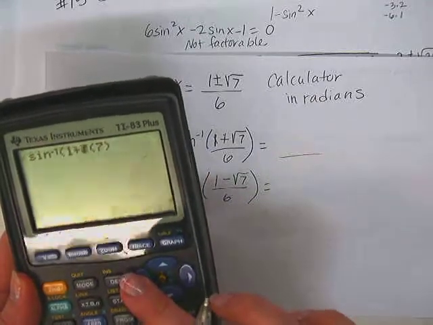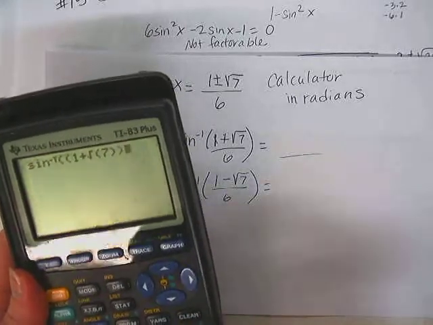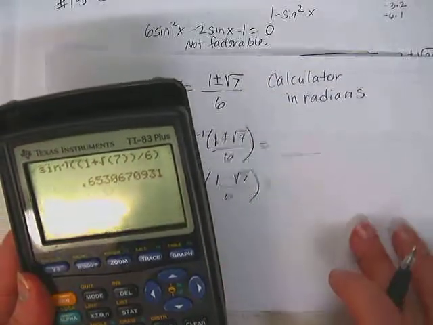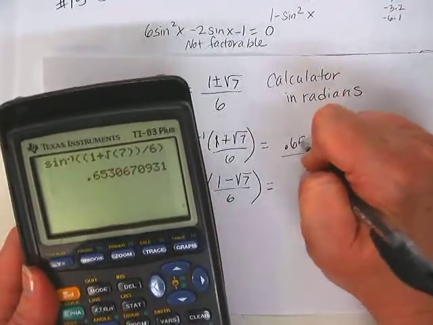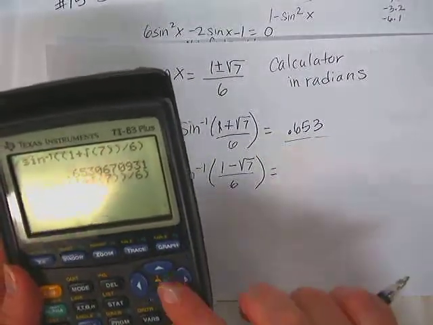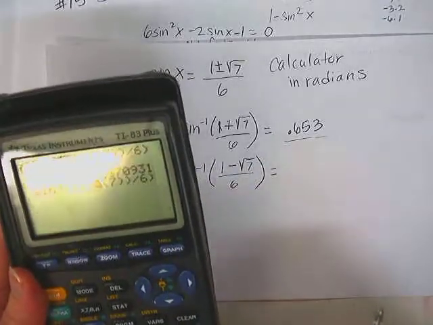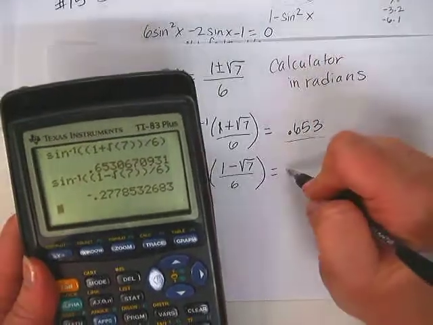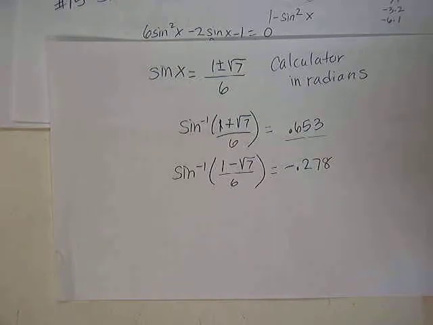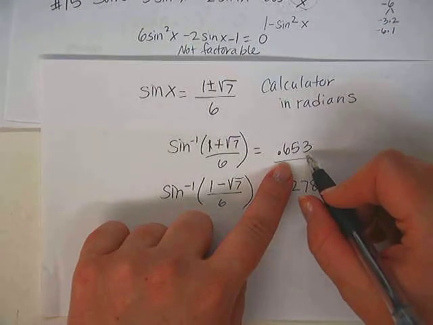Okay, so I have inverse sine of 1 plus square root of 7, and I need an extra set of parentheses or I'm going to mess this up, divided by 6. So, did you guys get the same answer? Okay. And then I'm just going to do the same thing but with a minus instead. So negative